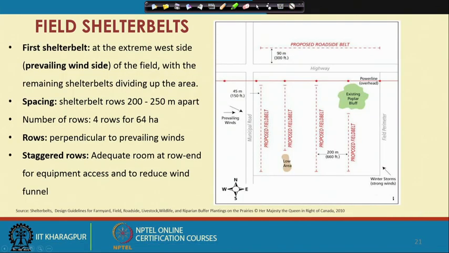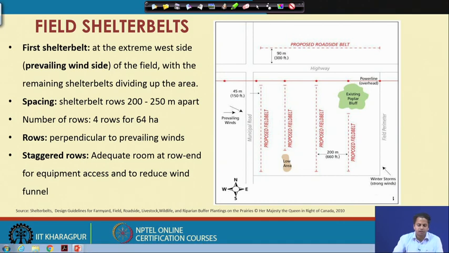So, this is one example of design of field shelter belts. Suppose this is the main road. The first shelter belt should be on the extreme side of the field. Suppose the prevailing winds are here. It should be at least around 45 meters from the road, placed at the extreme west side of the field.